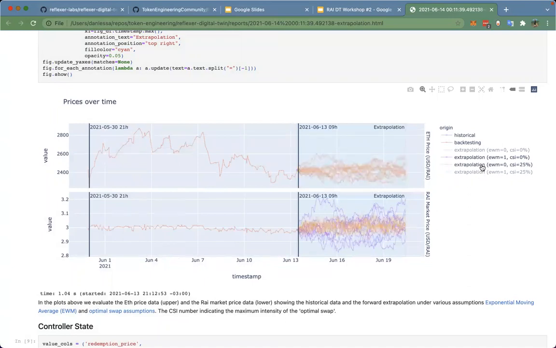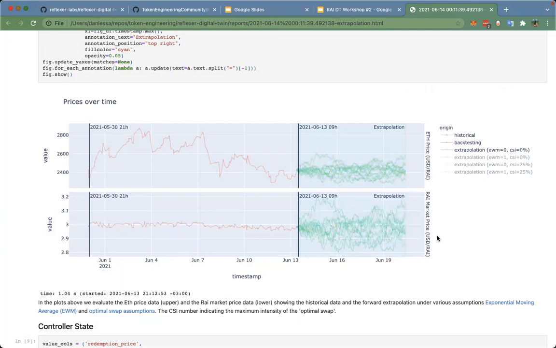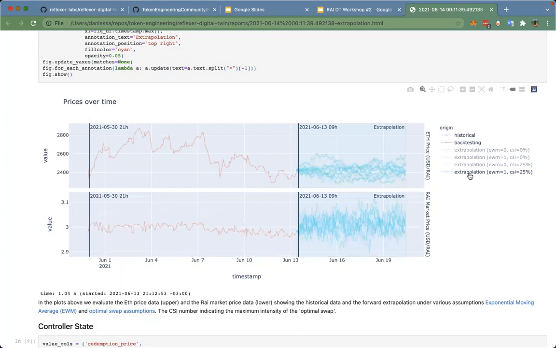For example, if I activate this one, which is the orange, we only have the CSI behavioral model activated. The EMM model is deactivated. We can also have this green one, where there is no behavioral model at all. All that matters is the stochastic movement over the Ethereum price. And we could have this cyan line, which makes use of our behavioral model. So essentially, we are doing four different kinds of extrapolation here. There are different assumptions about what we think is happening.